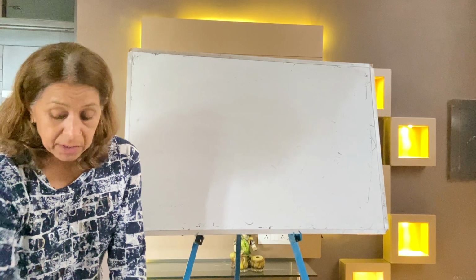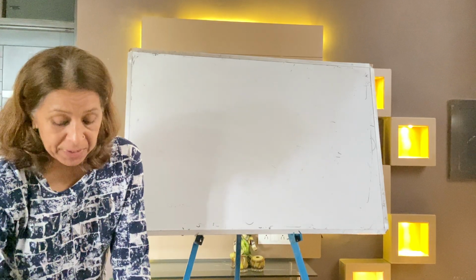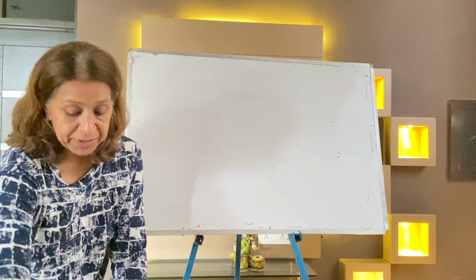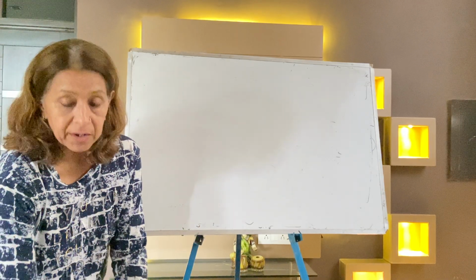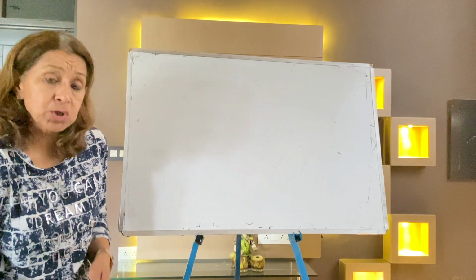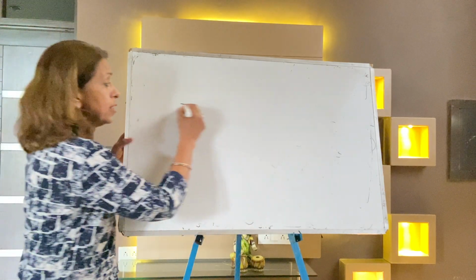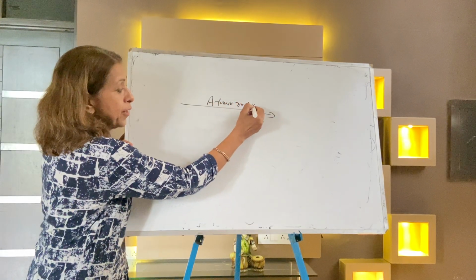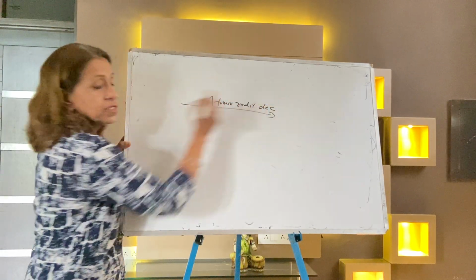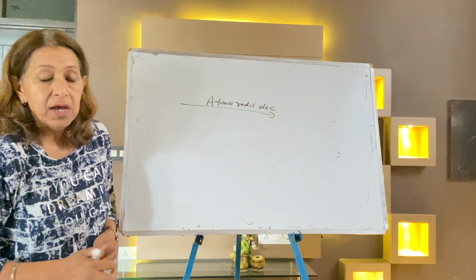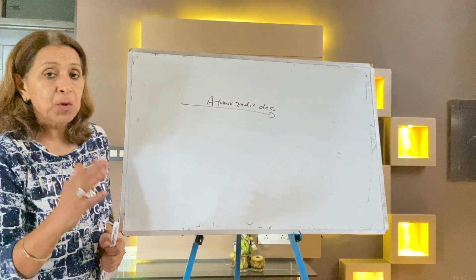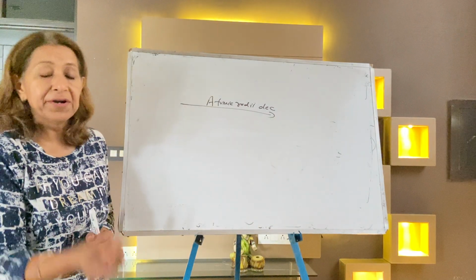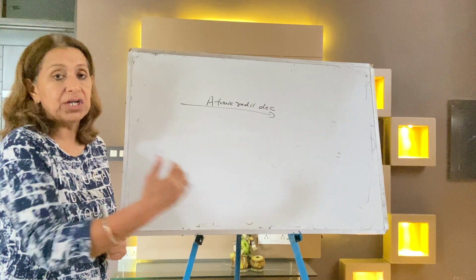I have made a table for you, kindly note it down: which property decreases in a period. Write down atomic size. Most of the properties increase in a period. The first is atomic radii; atomic radii decreases in a period. Just a few properties decrease in a period due to the increase in the nuclear charge.